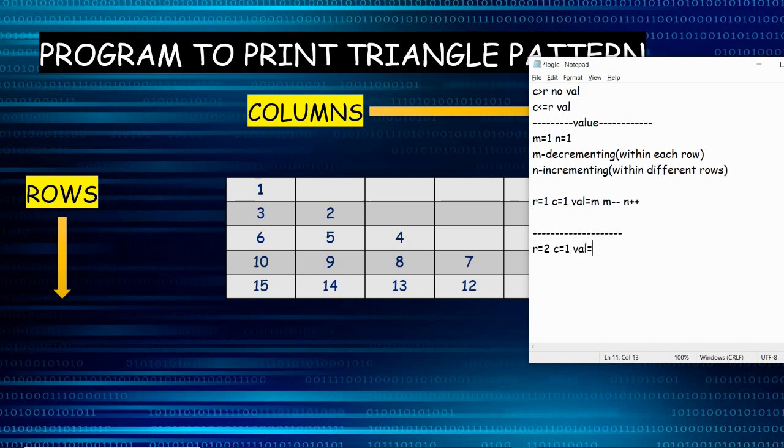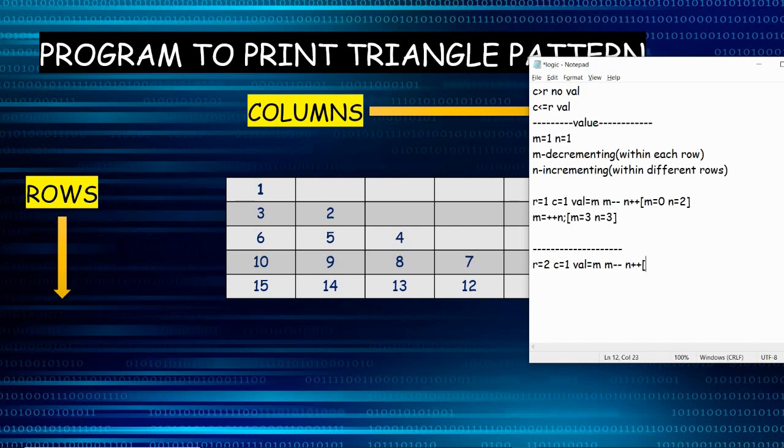But we have to print the value of m, but it should tally with the value of 3, right? M should be 3 here, but if you check here, the value of m is 0 and the value of n is 2. So in order to do that, I make m equal to m plus n. So I am incrementing the value of m by n. So the value of m becomes 3 and the value of n also becomes 3. And now if I am printing the value of m, it will get tallied and the value of m will be 3 and it will be printed.